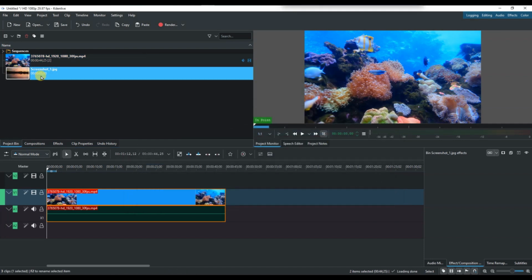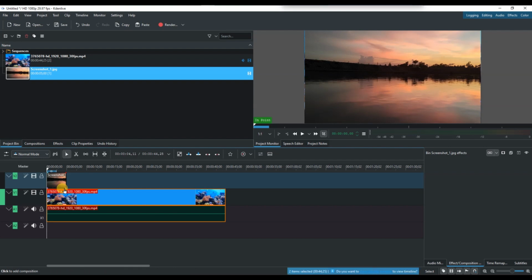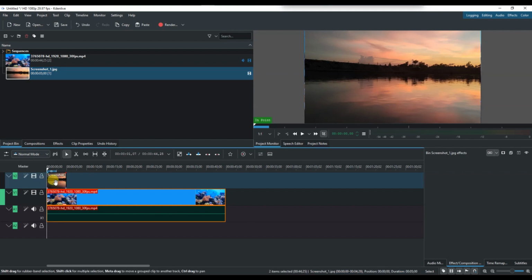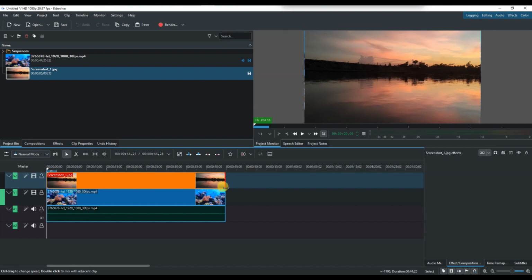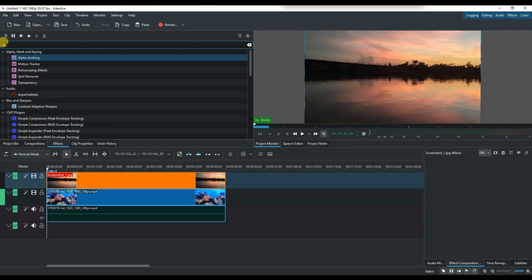Next, drag the image from the project bin onto the timeline where you want it to appear in your video. Adjust the length of the image clip on the timeline by dragging its edges to set how long the image stays on screen. You can also resize or move the image on the video frame by selecting the clip and